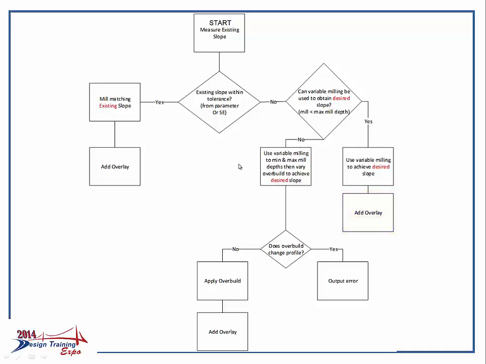In the situation where the variable depth mill cannot achieve the desired cross slope because of constraints, such as minimum and maximum milling depths, then overbuild is applied. Overbuild is also constrained where we have a minimum overbuild thickness and a maximum overbuild thickness to try to achieve the desired cross slope. If overbuild is applied and it can meet the desired cross slope, then overbuild is applied and then a constant thickness overlay is added. If overbuild cannot achieve the desired cross slope, we're in an error condition and the subassembly writes out an